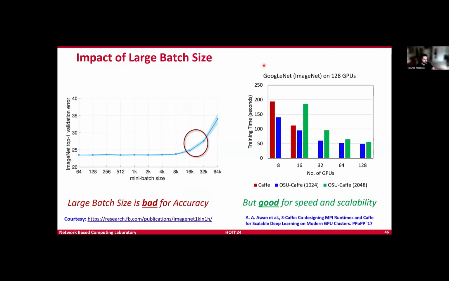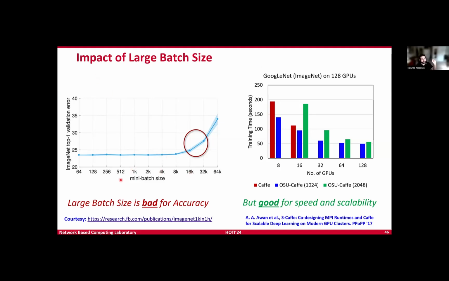Now, if we have multiple machines, we will need to, in many cases, increase the batch size. So let's say we start with one GPU and the batch size is 32. As we move to two GPUs, we're going to have 32 on each one, so it's now 64. And if you can imagine if we use 1,000 GPUs, this is called weak scaling, where we keep increasing the batch size as we add more resources.